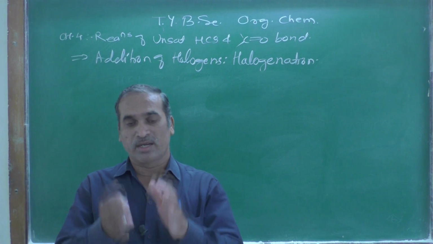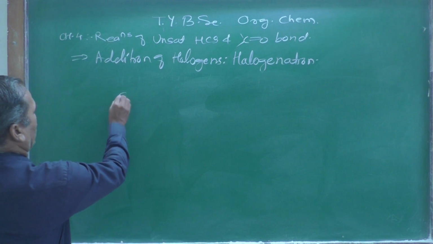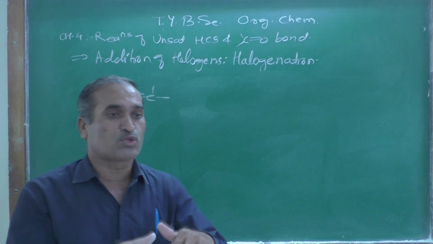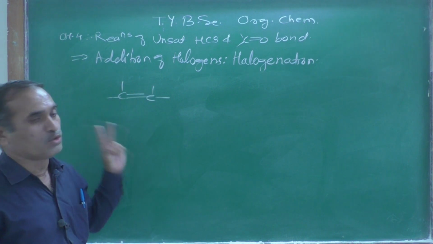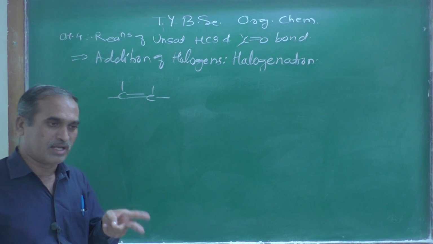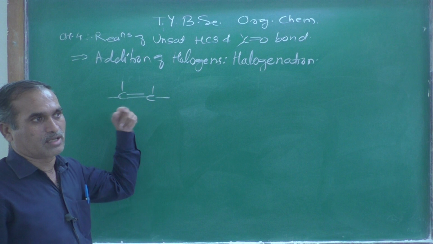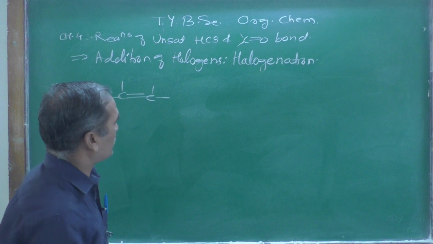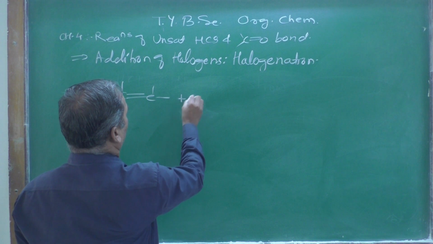As we know, an alkene has a carbon-carbon double bond, and this double bond acts as a source of electrons. Alkene acts as a source of electrons because two types of bonds and two kinds of electrons are present: one is a sigma bond, another one is a pi bond, and that pi bond is an electron-rich species, and when it adds with Br2,